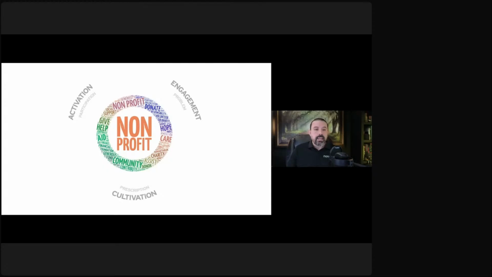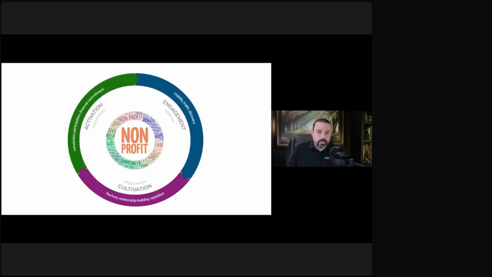This is why I want to pull this apart. I want to take that swirl of stuff and pull it into three buckets, because if you can focus on accurately engaging people with the problem, cultivating people through your services and programs, and then creating very clear channels of participation, then this game is won. If you can do that in a clear way and create channels and donor journeys that take people through this, then you're going to win in 2026.